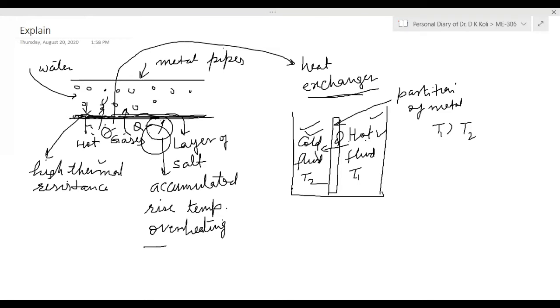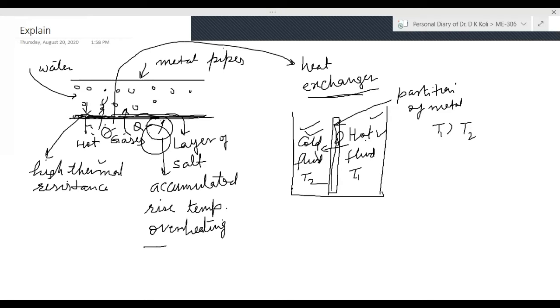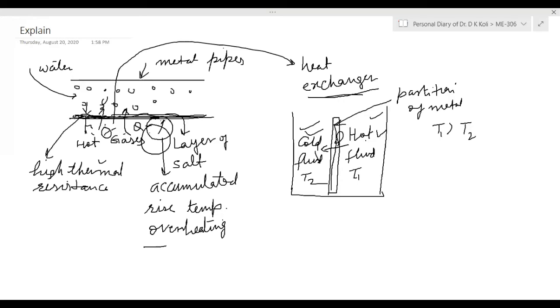We are transferring heat, but through some medium, some metallic wall. They are separated by this wall. This is called the heat exchanger. You will study it in heat and mass transfer later. But the same is happening here also. There is the pipe, a metal pipe. Inside the pipe there is the water. Outside the pipe there are the flue gases. From the flue gases they will give heat to the water, but the heat transfer will occur through the pipe wall. Outside the pipe, hot gases; inside the pipe, water. So between the water and the hot gases, what is there? There is the metallic pipe wall. So through this wall, heat is transferred. So it is the mechanism of the heat transfer.